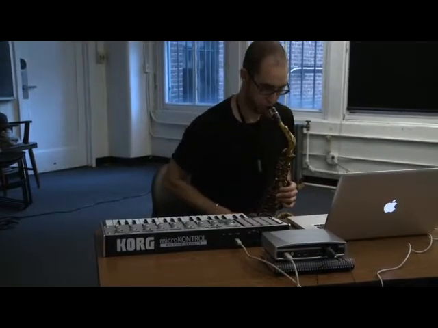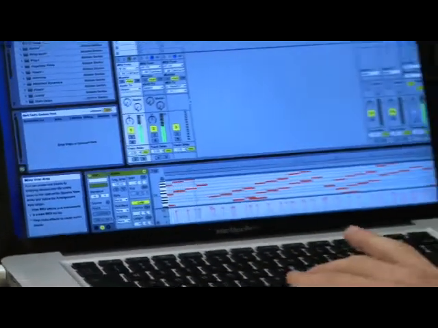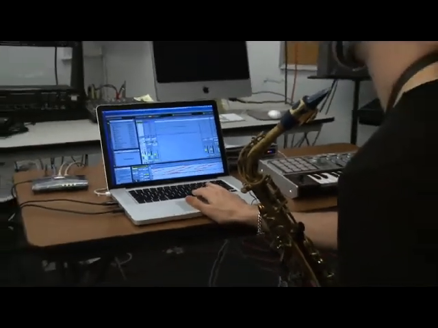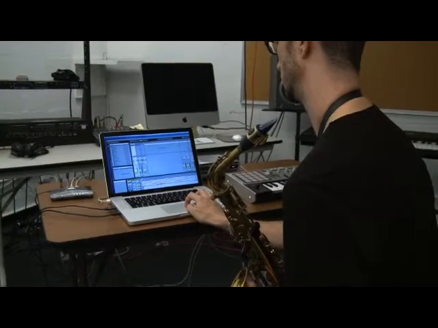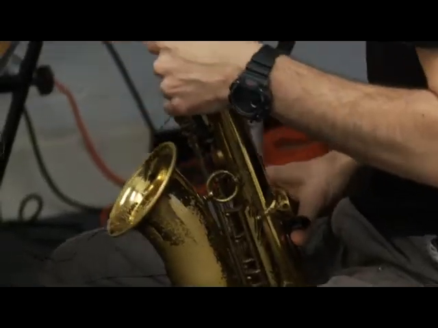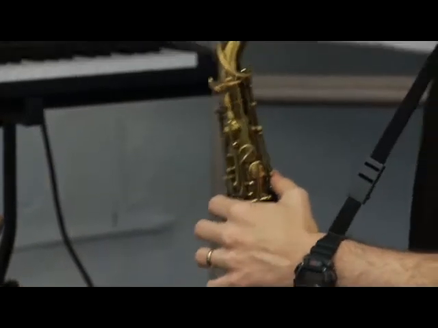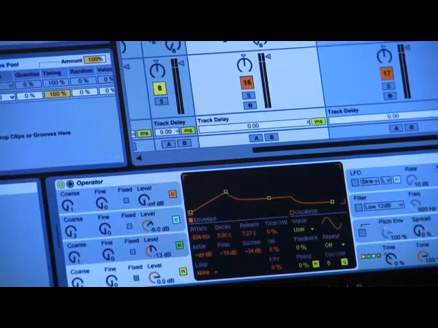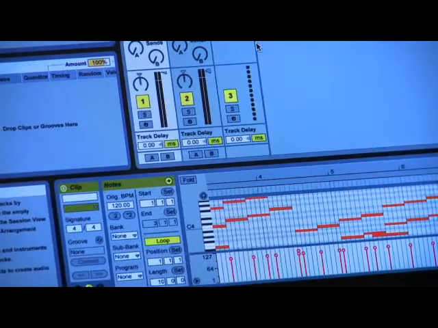I've been using Live since about 2005, and what I really like about it is how flexible it is. It's, on the one hand, very user-friendly, but also very powerful. I work in a lot of different musical contexts. Music where I'm involved as a performer, improvised music, jazz, electronic music. So like a lot of musicians, I need a lot of different tools, and I need tools that are flexible. And that's a big part of what's made Live such an indispensable tool for my work in a lot of